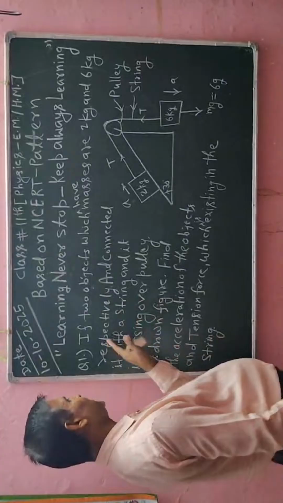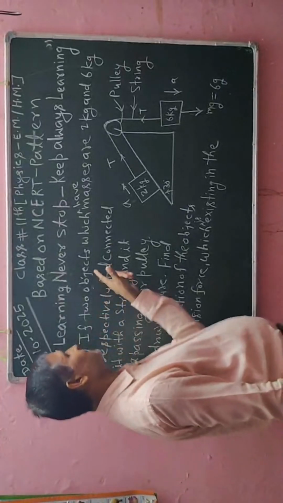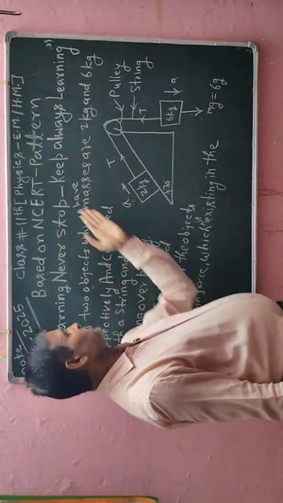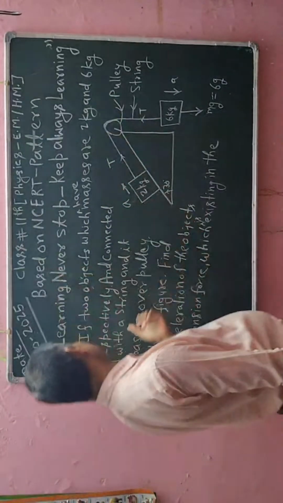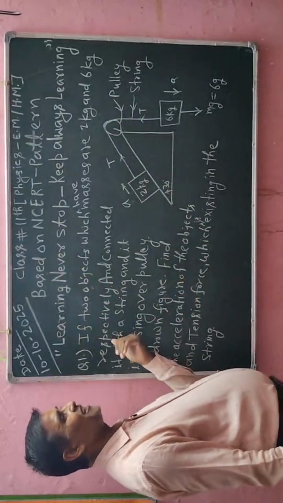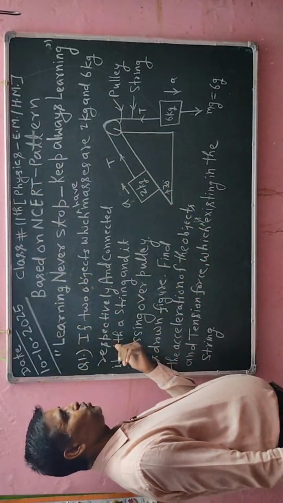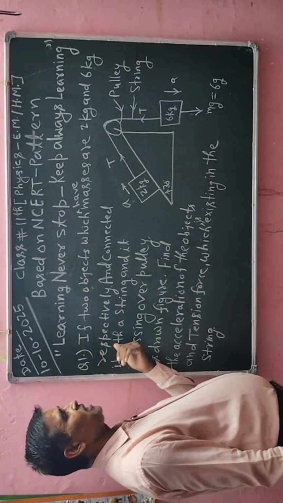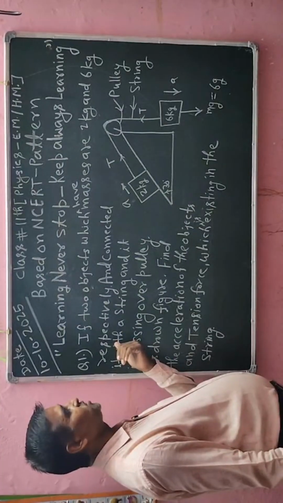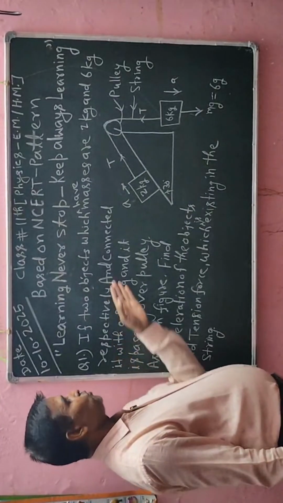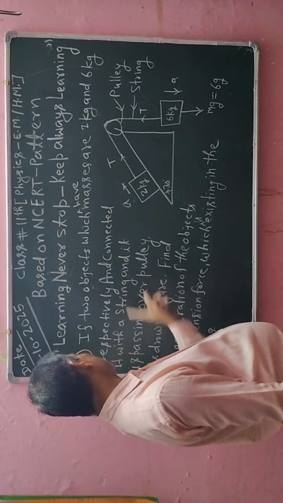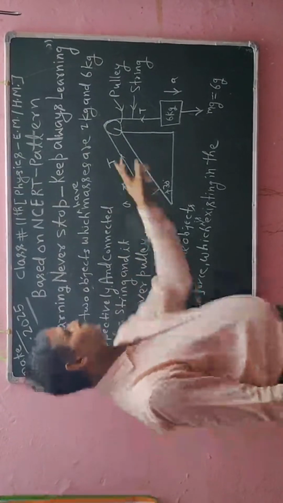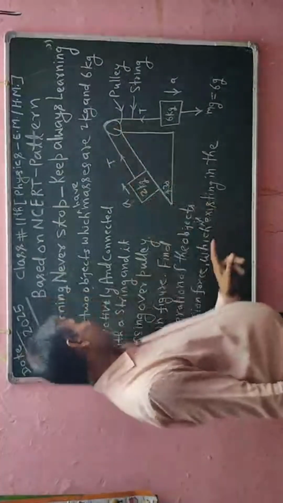यहाँ पर उस न्यूमेरिकल को जो वर्ड में लिखा है, इसको भी हम एक्सप्लेन करेंगे। कहा गया है: if 2 objects which have masses 2 kg and 6 kg respectively, अगर 2 ऑब्जेक्ट हैं, दोनों ऑब्जेक्ट का मास 2 kg और 6 kg है, और उनको एक स्ट्रिंग के साथ कनेक्ट किया गया है और वो पुली के ऊपर से पास कर रहा है।